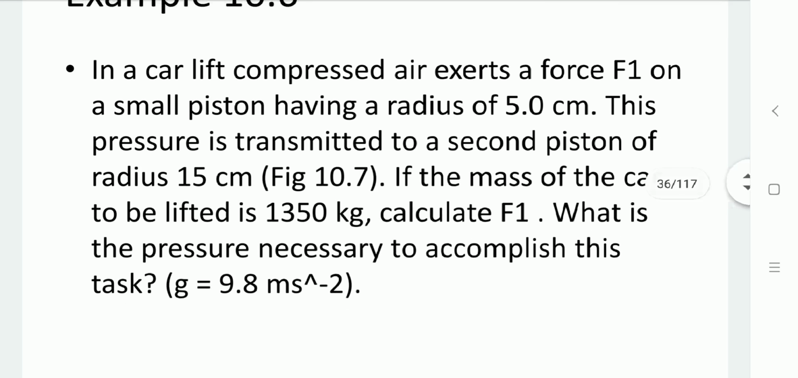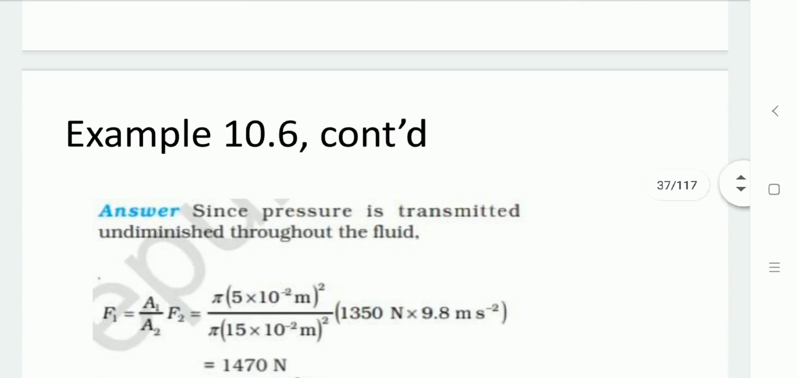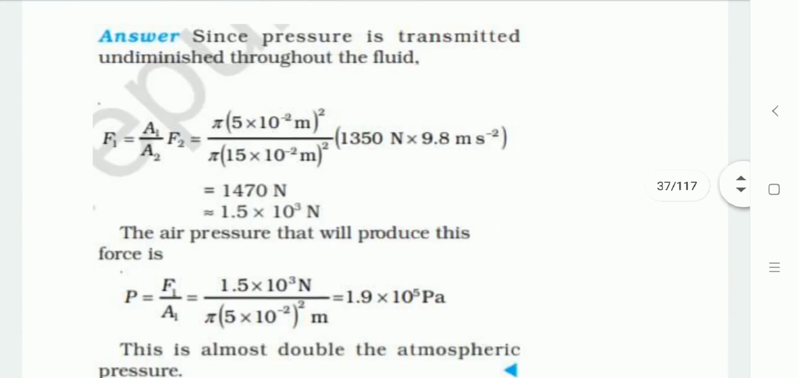Now area A1, that is the area of the smaller piston, has a radius of 5 centimeter. A2, that is the area of the second piston, whose radius is given as 15 centimeter. So here pi r square gives you the area of both the pistons. The force by the car is available, that is 1350 Newton. So by substituting all the values over here, we are having F1 equal to A1 by A2 into